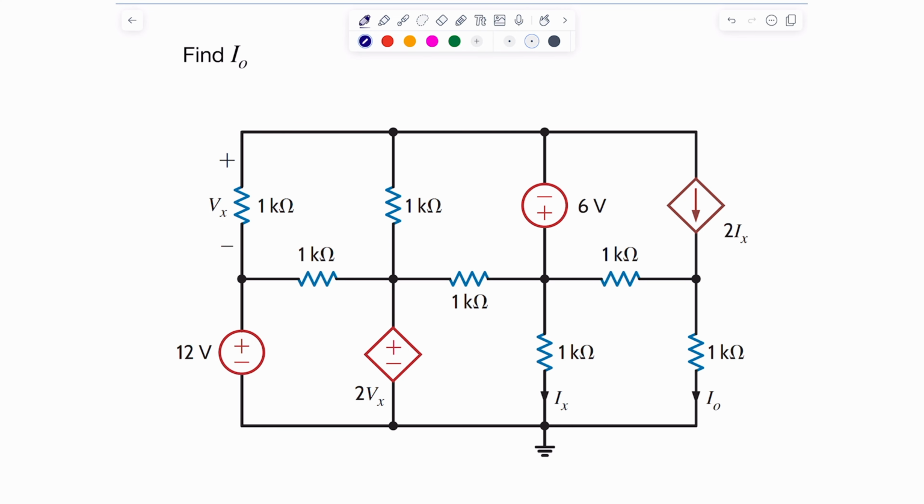In this example, we're asked to find I naught, and that I naught is here. This is the current that we're asked to compute. And I'll utilize node voltage to solve this particular circuit. The way we're going to do it is first we're going to identify all essential nodes, and I believe